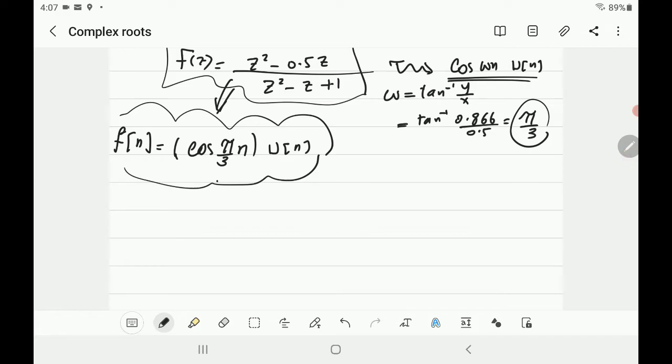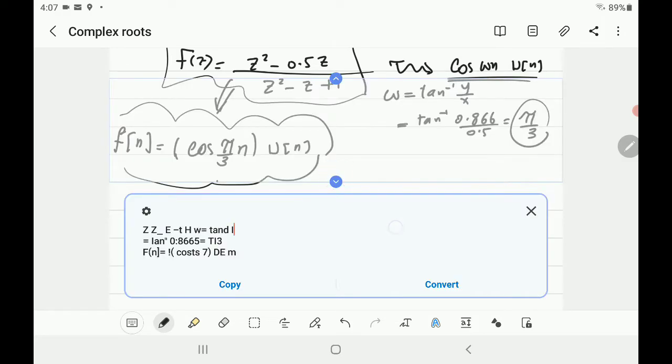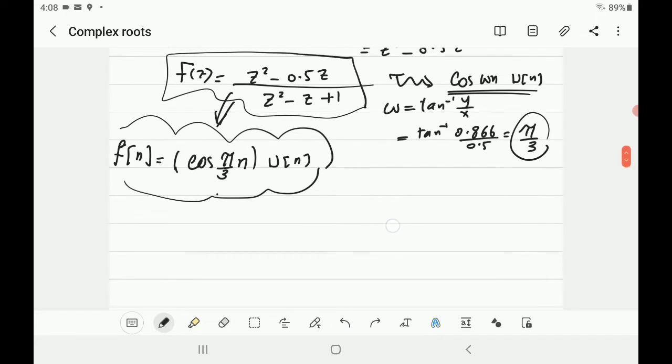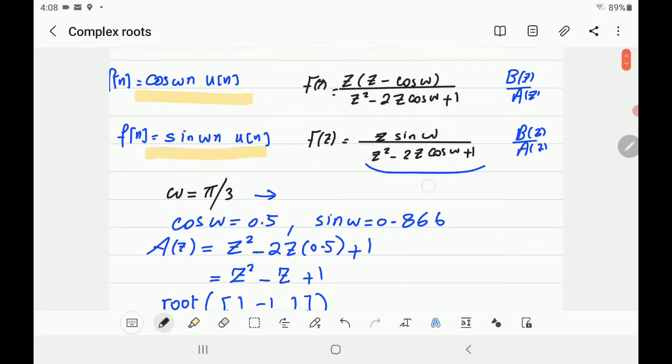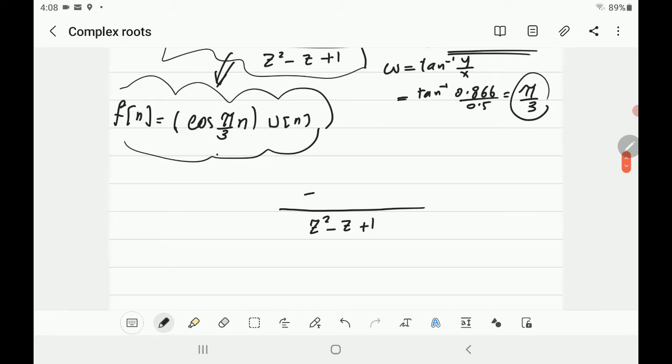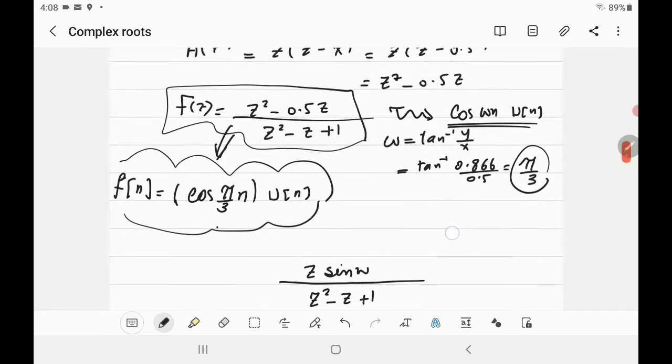What about the sine? The sine should be like that. The bottom part should be the same, z squared minus z plus 1. And the top part, let's look at the table, should be z sine omega. Z sine omega. Sine omega is the imaginary part,